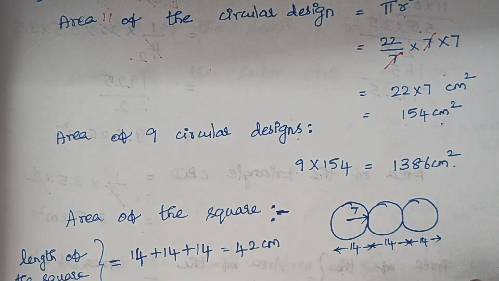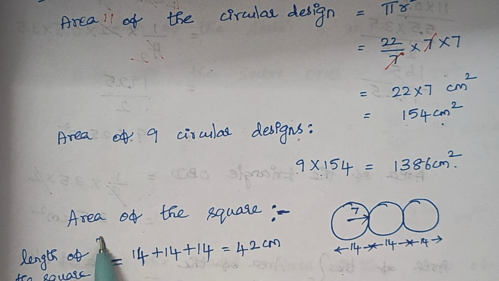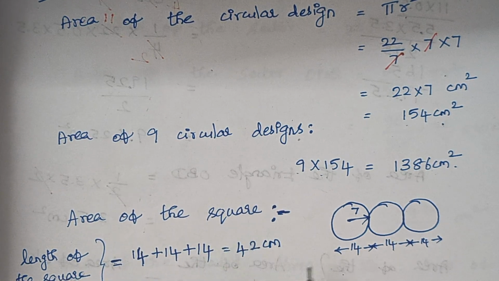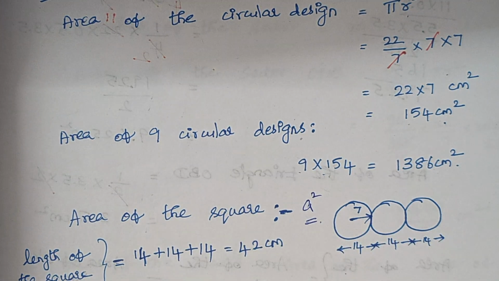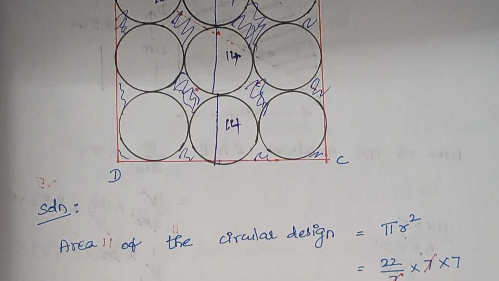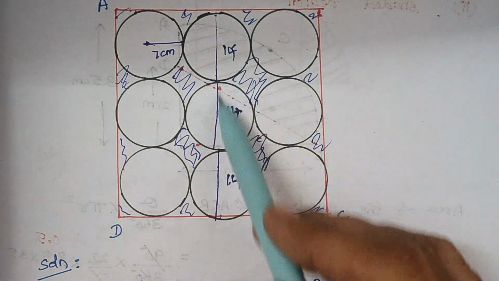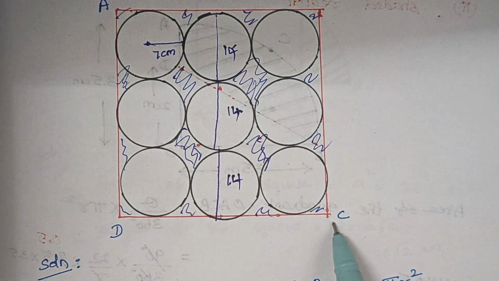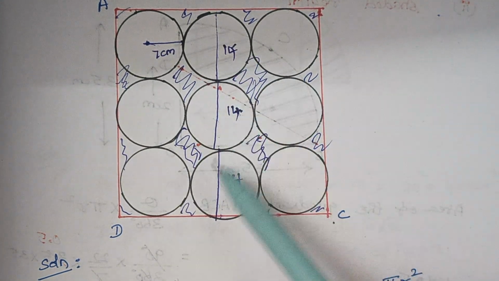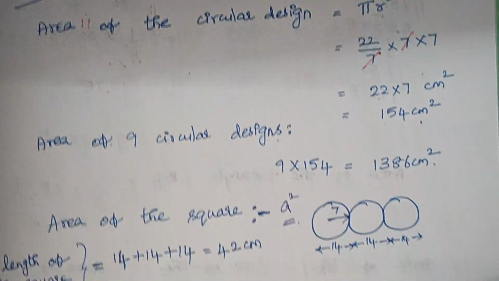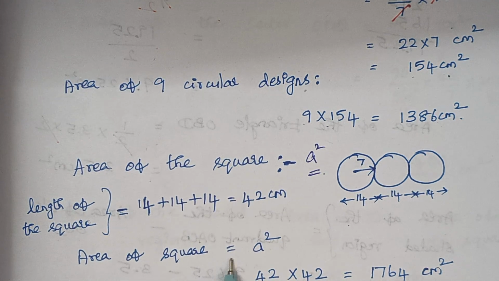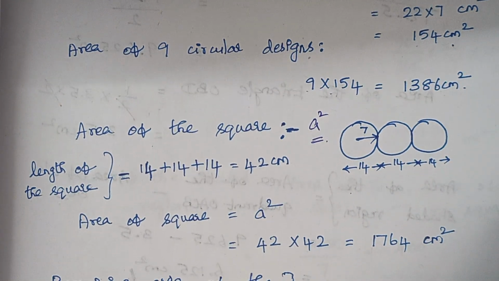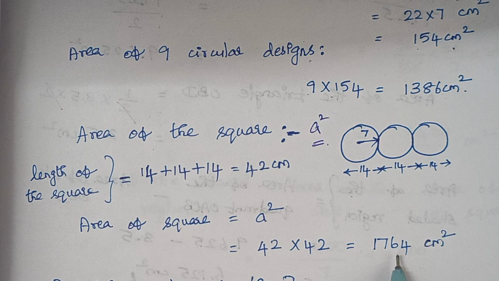Now we are going to find the area of the square. So area of the square is a square, where a is the side. To find the side, just now I had explained, right? So this line is nothing but the length of the side, right? So 14 plus 14 plus 14 gives you the side of a square. It is 42 centimeter. So area of the square is a square, therefore 42 into 42 gives 1764 centimeter square,